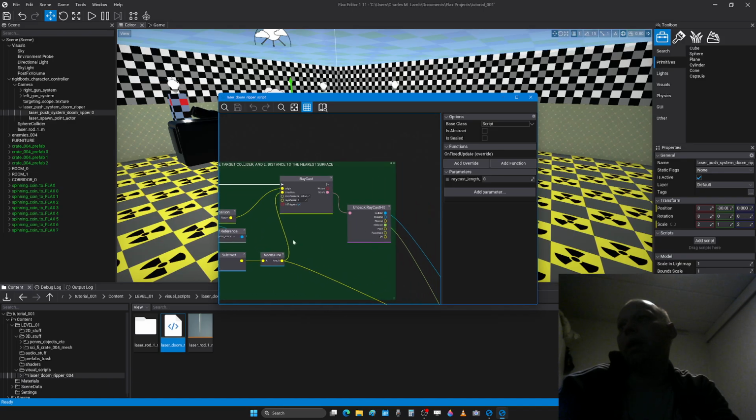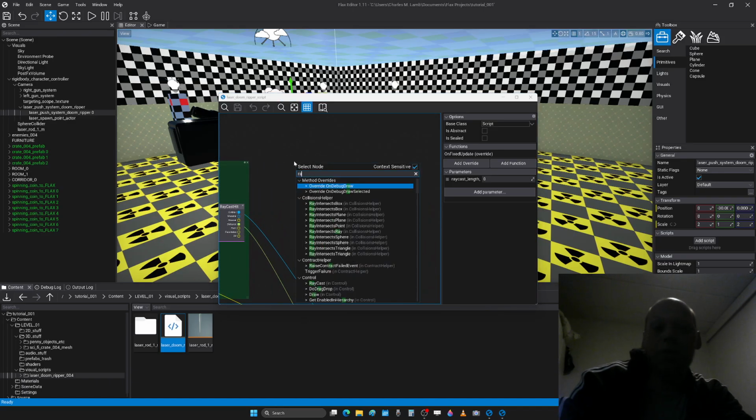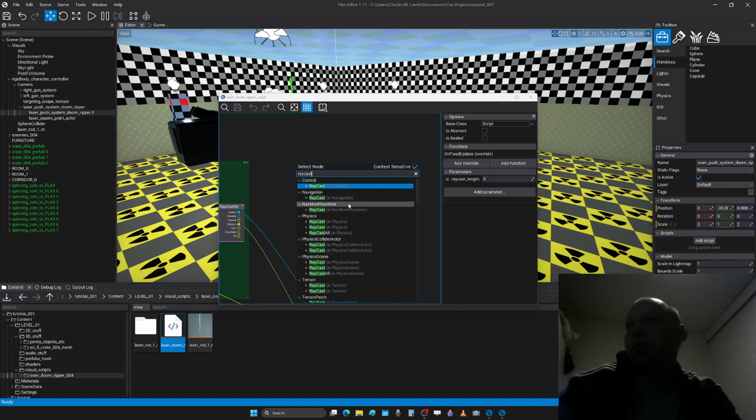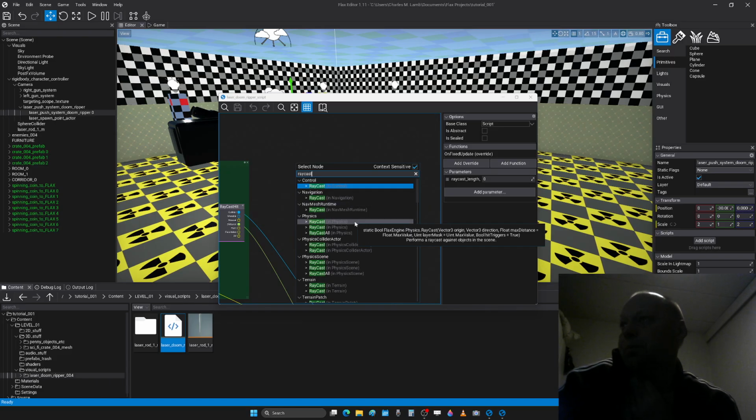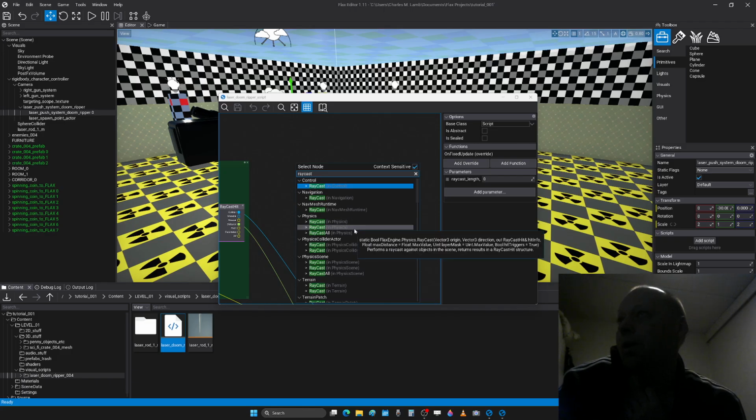And it's as simple as getting that box. And I search for raycast on the physics, and notice that this one here says static bool FlaxEngine.Physics.Raycast, and then it says Vector3 origin, Vector3 direction, max distance, bool, and then uint max value, bool hit triggers true. And then the other one